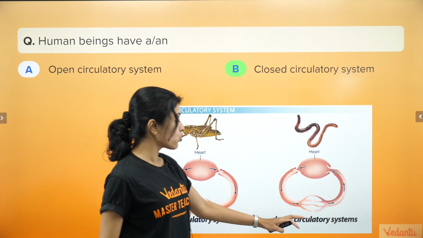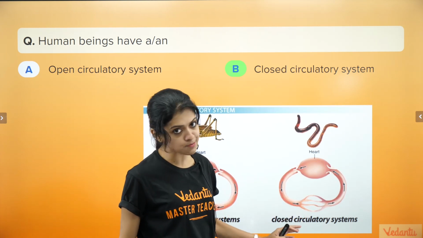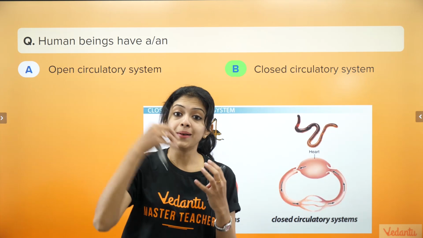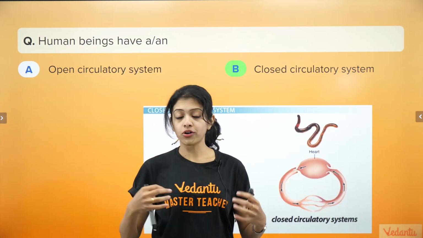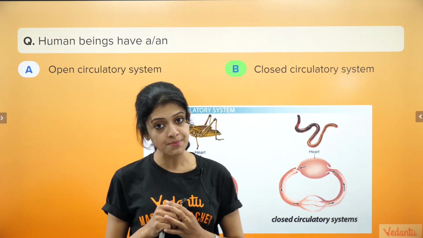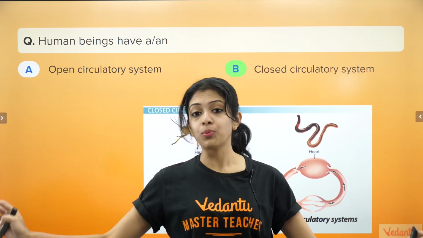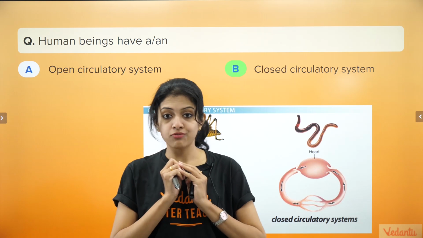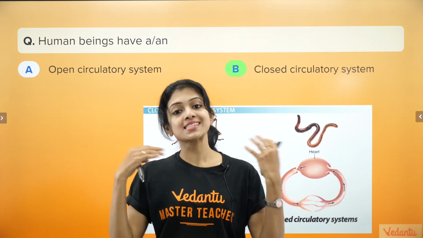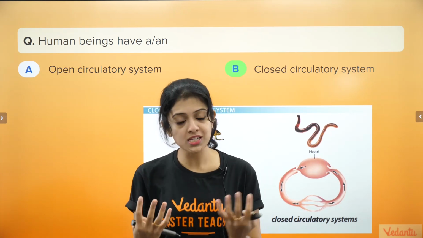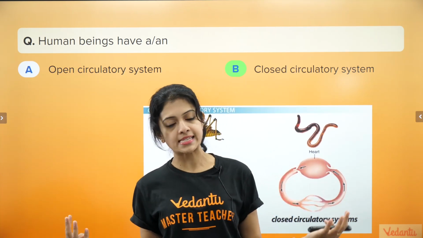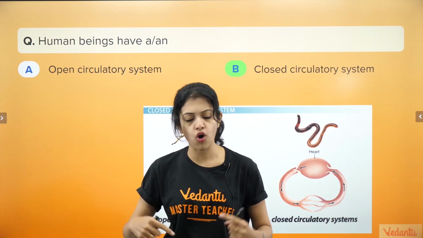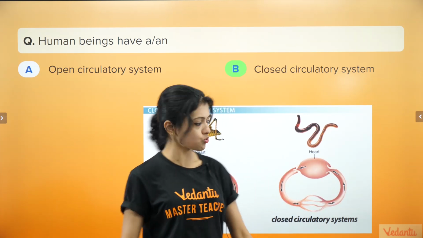On the contrary, closed circulatory system, as you can see in this picture, they are closed. The blood flow is always confined to blood vessels. Blood in our body or in any organism that has a closed circulatory system does not flow freely within body spaces. Blood flow is always confined within blood vessels, okay? The heart pumps it and it's carried by the various blood vessels to the different parts of the body, and then by diffusion it enters them, and then through the blood vessels, the unwanted blood comes back to the heart and so on.